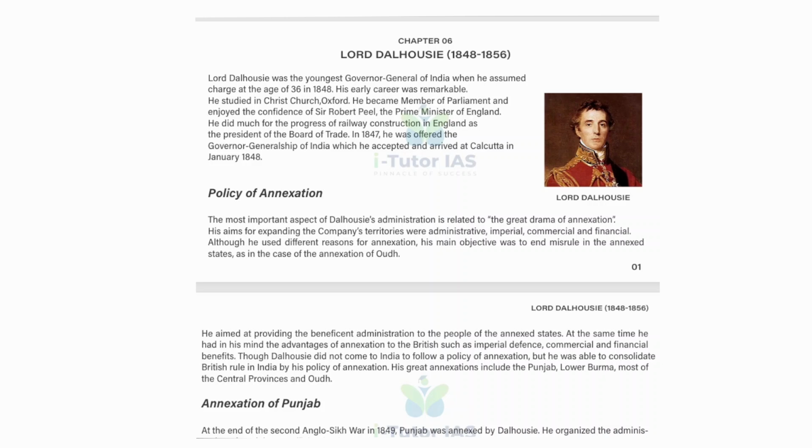And in his tenure, the key aspects are the doctrine of lapse, annexation of Awadh, and modernization and infrastructure like railway, telegraph, postal, public works, and education and social reform. His aim was to consolidate and strengthen British power in India through direct control and modern administration, viewing it as essential for